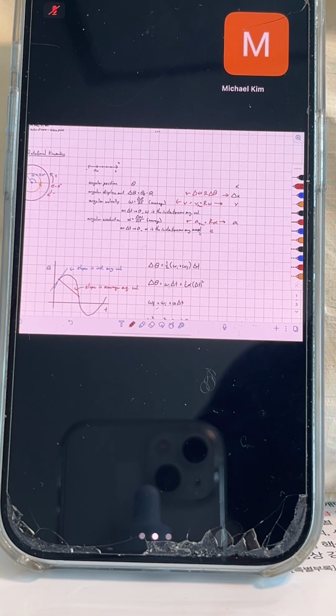And so for my centripetal acceleration, this is still v squared over r, but we can also write this in terms of our angular quantities because we know our v is r omega, so this is r omega squared over r, so this is r omega squared. Okay, and so when we're dealing with purely rotational motion, I also have these quantities that I can deal with where I can link the translational movement of points on my object